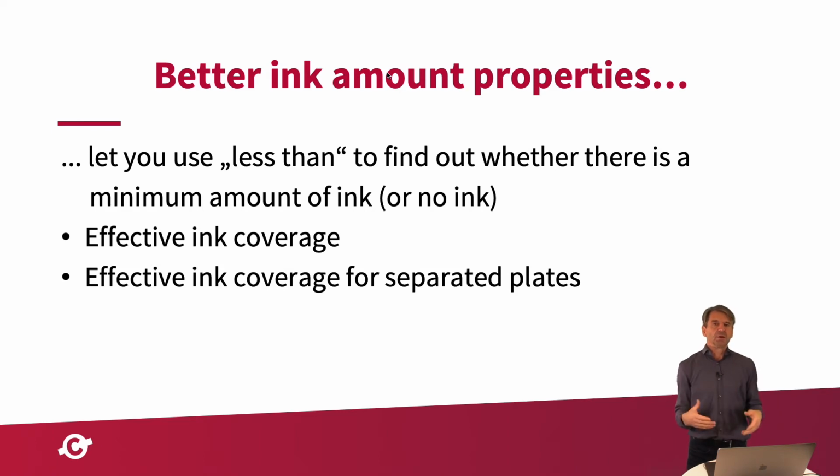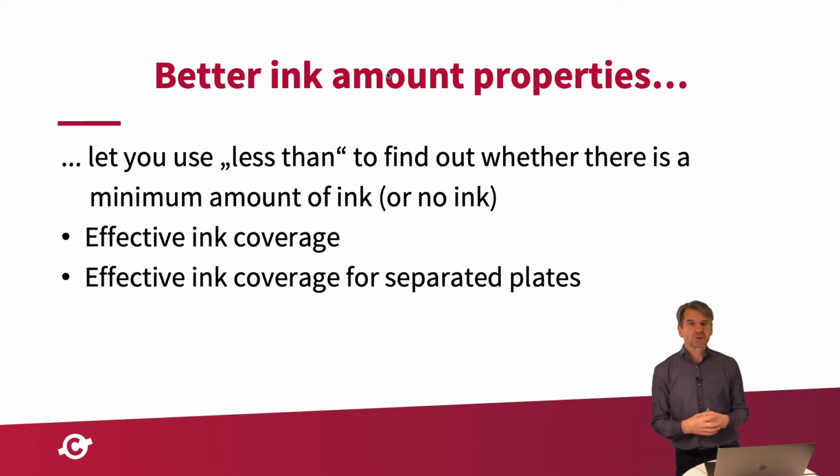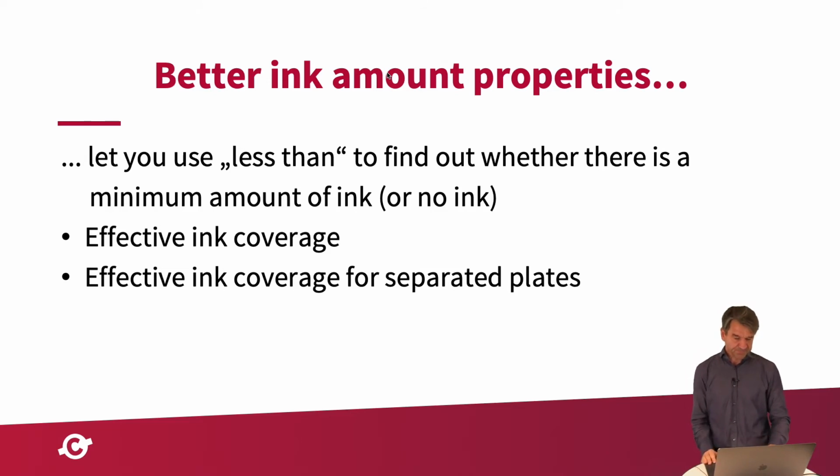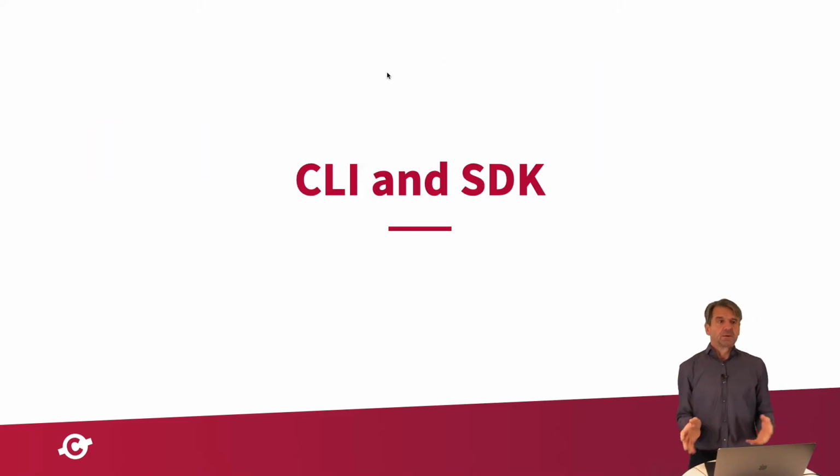So, and then we frequently now get questions from customers who want to check whether there is at least a little bit of color, and if there is at least a little bit of color, that it's not too small an amount of color. We've improved that behavior, so these 2 properties now work better with less than. So far about the visualizer in desktop